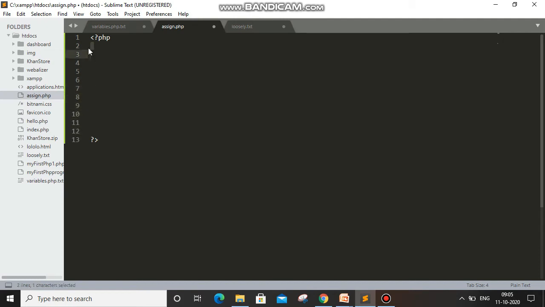Suppose now I want to create a number type variable for storing the number value 1. And you all know this is echo. For printing any of these things we use the echo function. So echo $num, and yes, the semicolon is very important, so never forget to give the semicolon.